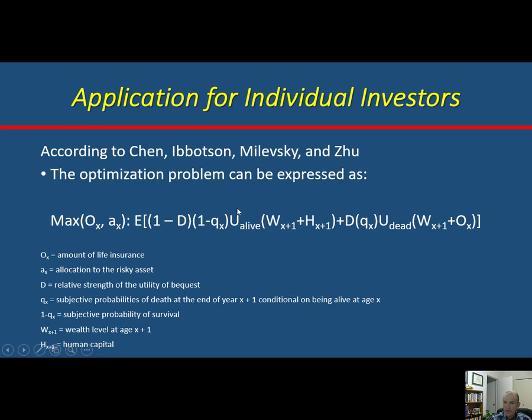U, remember U from economics, is your utility, or your happiness, or your contentment. So we're trying to maximize the utility of your alive state and utility of your dead state. Your alive state is going to be influenced by your wealth and your human capital. Your dead state is going to be influenced by your wealth and the O, which is your life insurance. I don't know why life insurance is O. So essentially what you're saying is you need to set up a model so that you maximize this entire equation. This equation shifts from the alive state to the dead state as you age because the QX goes up. And you have to decide how to put all this together.